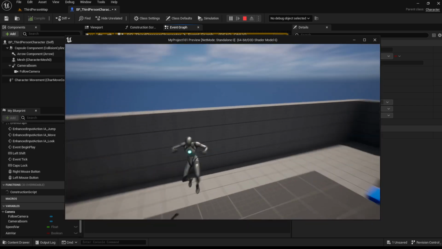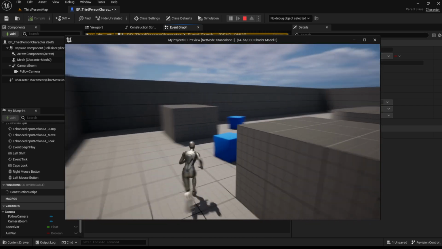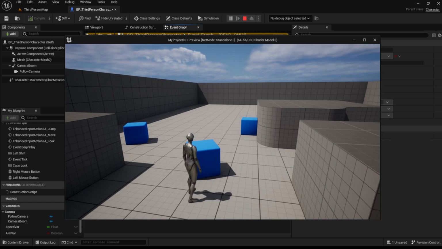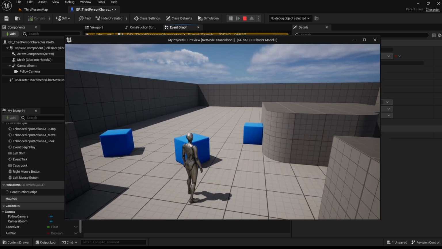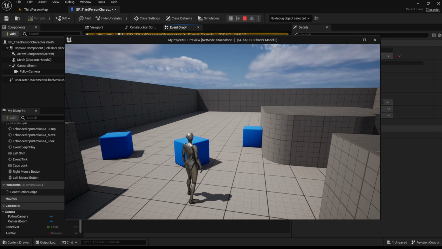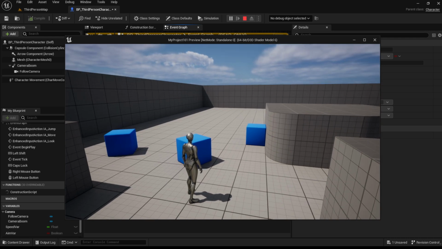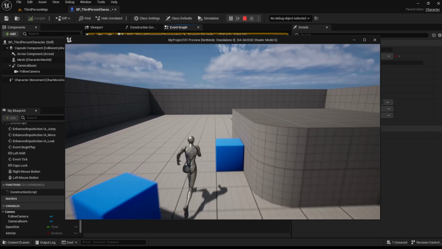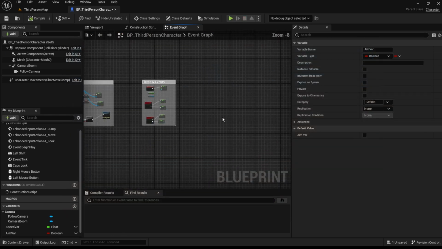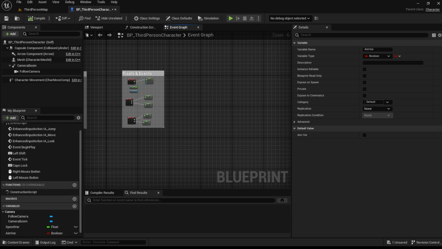So right off the bat, if we're thinking about this the right way, we're going to say on the time of pressing jump, if sprinting, then jump higher. Else, or false, jump normal height. So what we're going to do